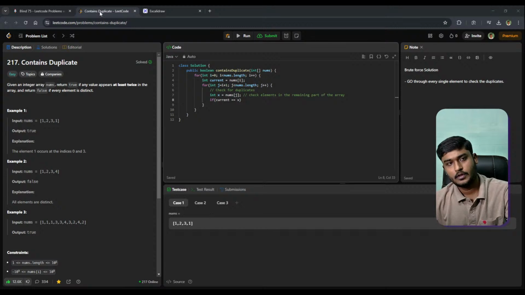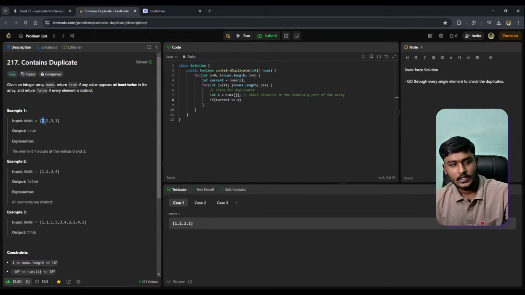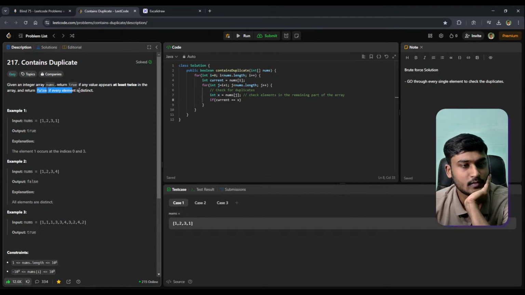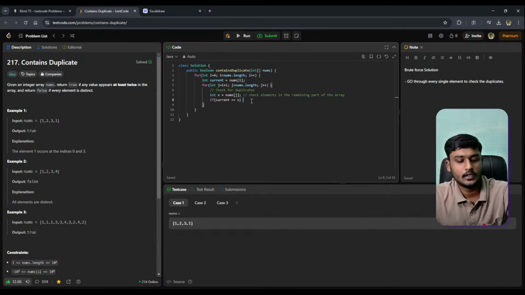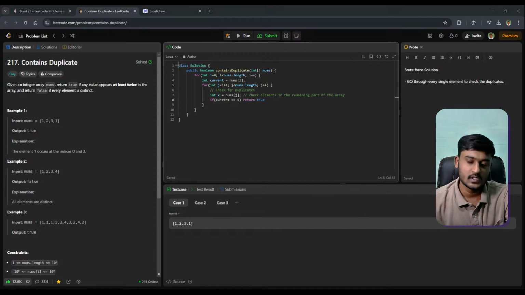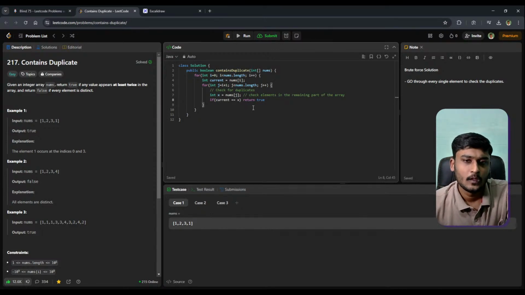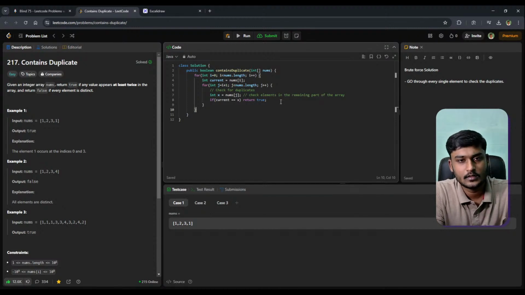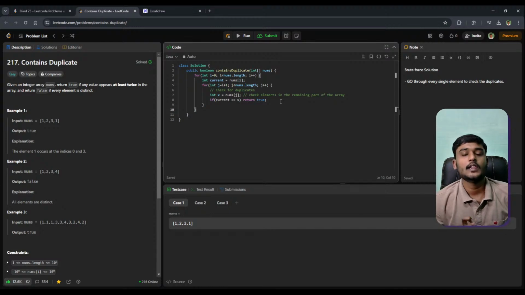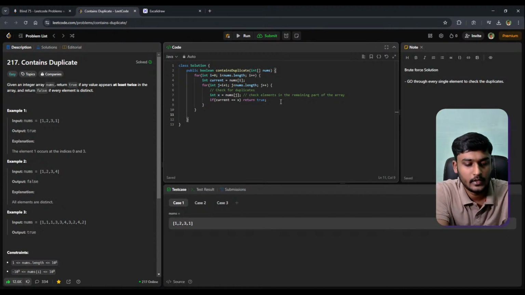Let's say in this example the current will equal 1 when we hit the last index. In that case they've told us to return true if a value appears twice, otherwise return false. So let's directly return true, because if we have found even one duplicate early in the array, we will simply return true, because that's the answer, right? Then outside of both for loops, if we never return true, that means every element is unique, right? So we'll simply return false.